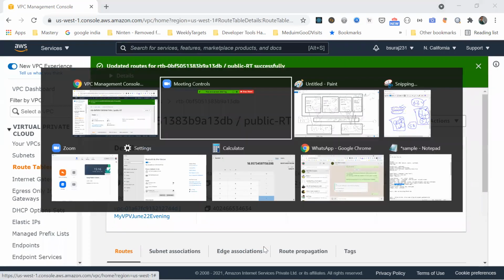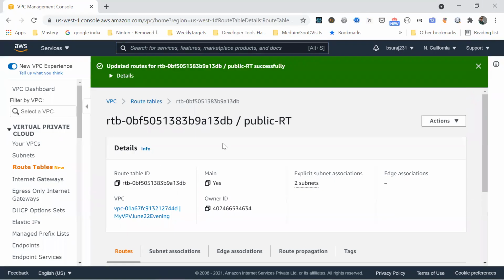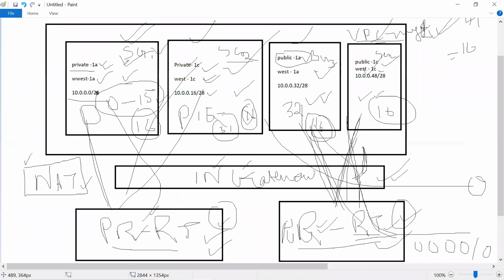So as a summary, I created this association and I made this route, 0.0.0.0/0, to the open internet. Okay. Now, what is a NAT gateway? What happens when there is private resources, say an EC2 or a database in this? Sorry guys, I will use a database here. I'm bad at diagrams.